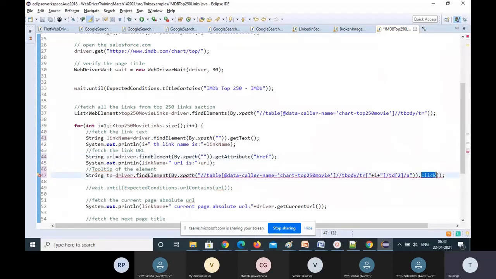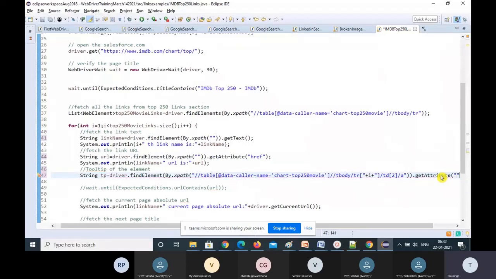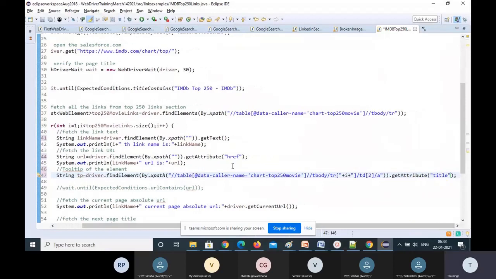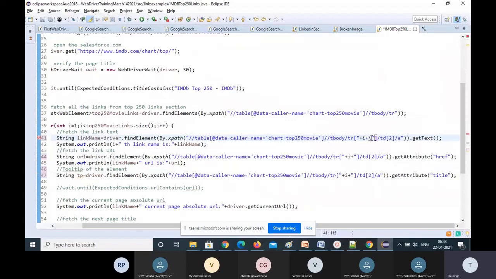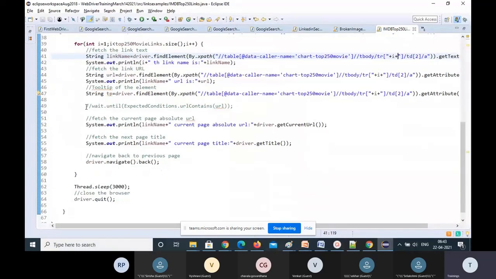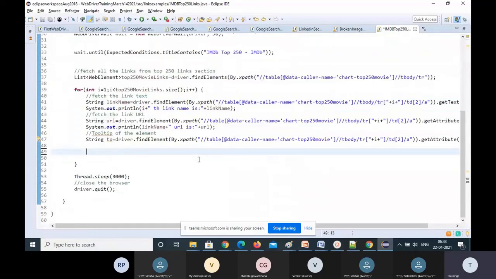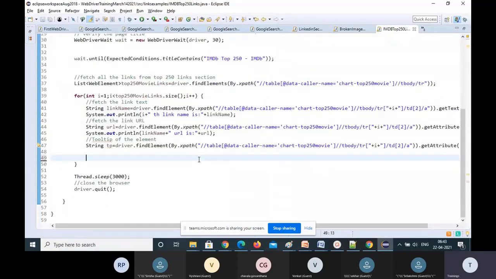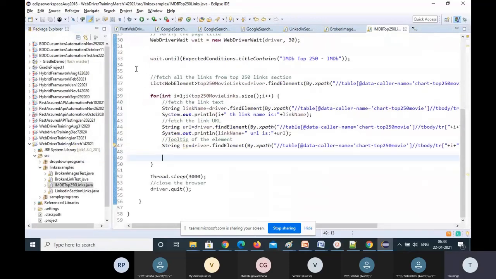Here, not click. Click is a void method, right? You have to give get attribute of title, because in the title itself, this tooltip attribute will be there. Get attribute of href. So you will get every element's value, and you are getting every link name. See, does it matter, any changes here? Only the XPaths, I'm commonly taking from there only. And why do you need to struggle here? Everything else you delete, because just these three things only I'm doing from the web page. This is the code, very simple code, and you can now run the test case.